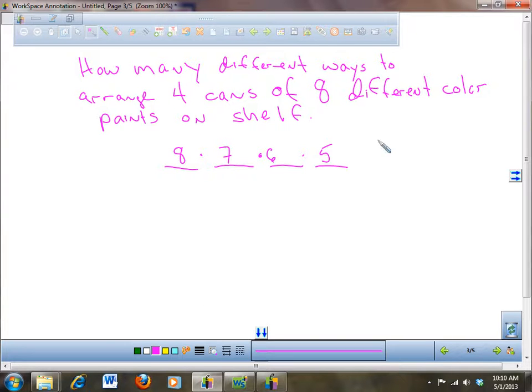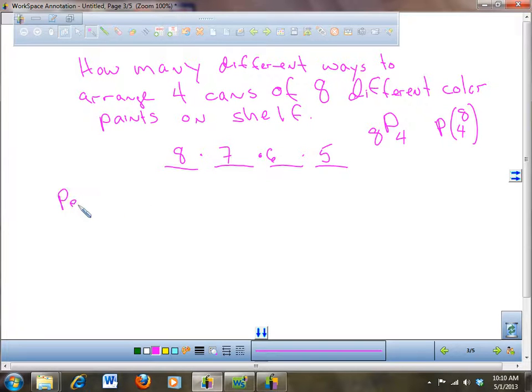Okay? And the way you would write that is 8 permutation 4, or sometimes they write it as 8 P 4 like that with a P in front, because we did combination. So, yeah, we'll get there. Okay, but it's 8 permutation 4. Okay, so a permutation